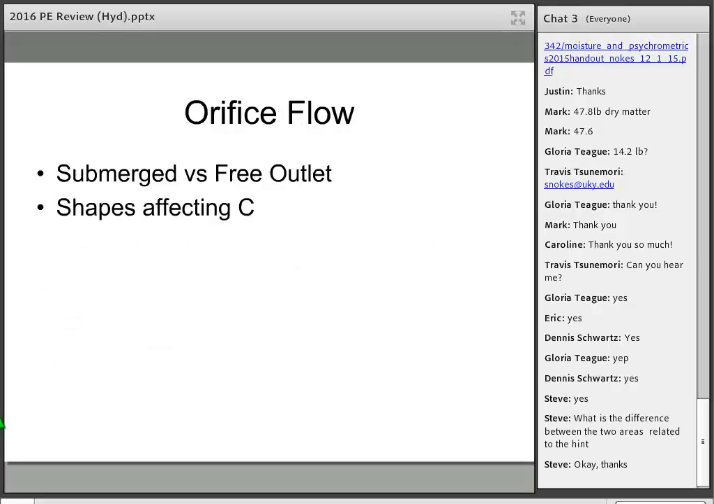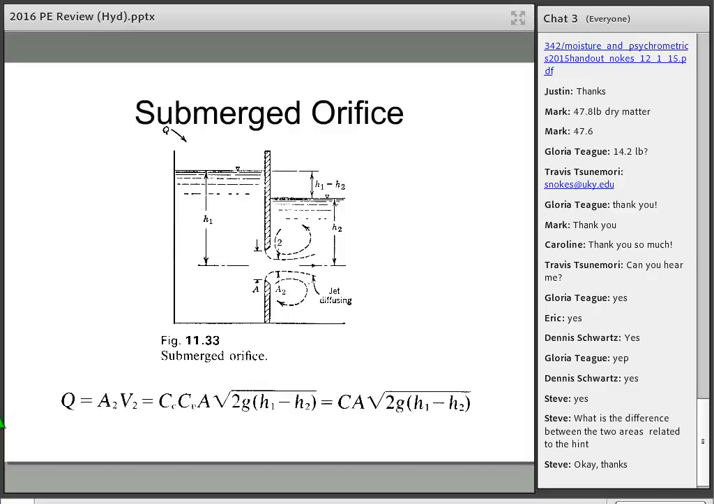Okay, another kind of flow is orifice flow. There are differences between a submerged orifice and a free outlet orifice, with a coefficient involved in the equation, and the shape of the orifice affects that. So here's a submerged one,